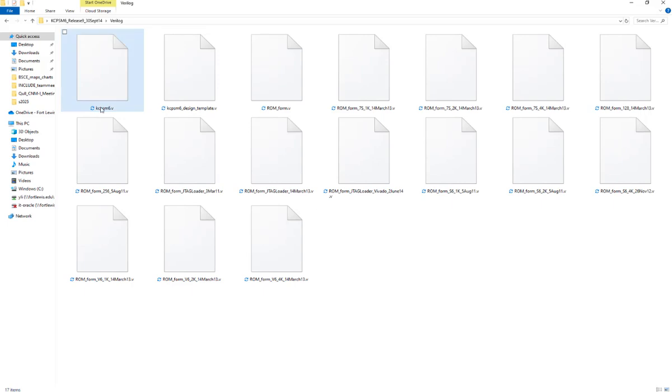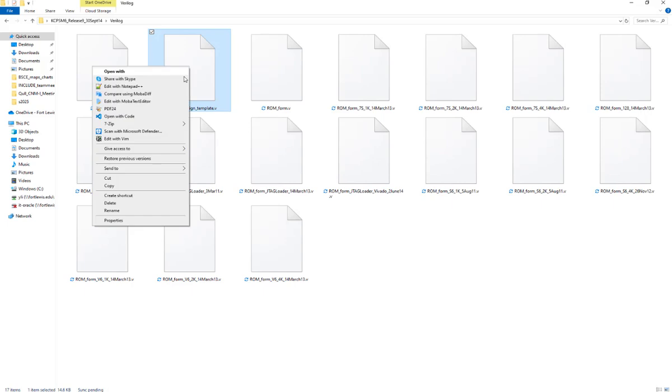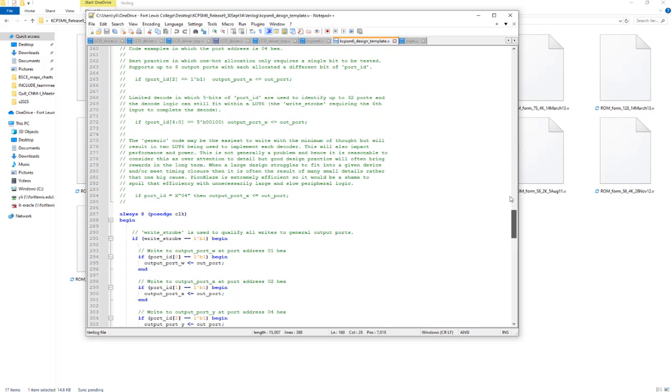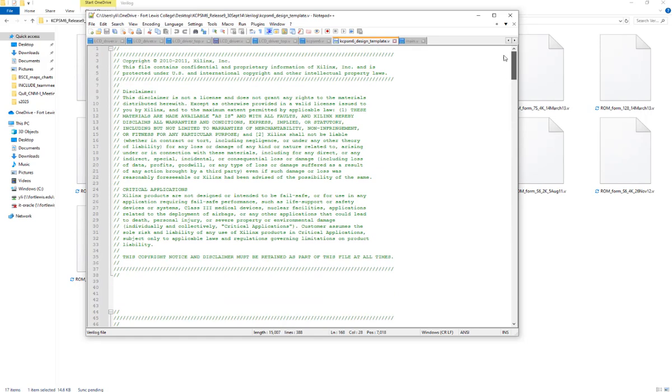So this is the core. Okay, .v, that's the core. That's the CPU. And KCPSM6_design_template. What is this? Open it up and take a look. It has a lot of examples of the